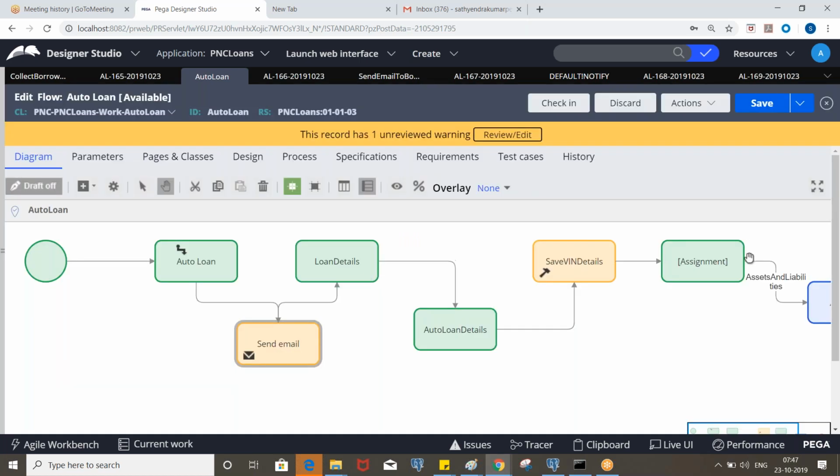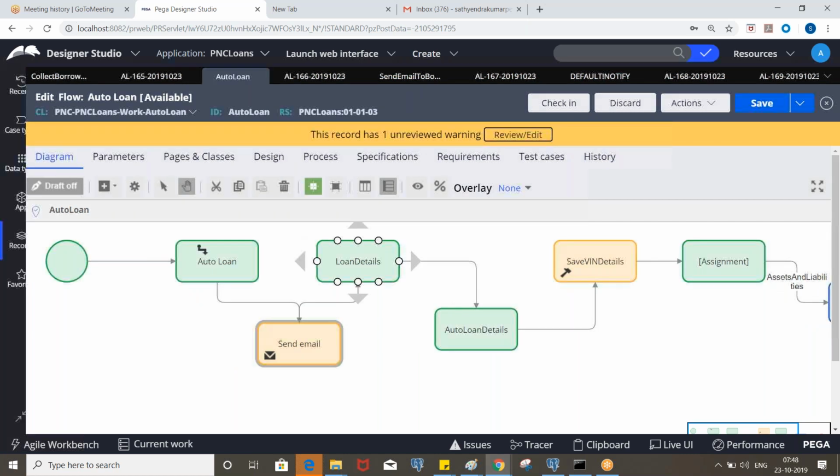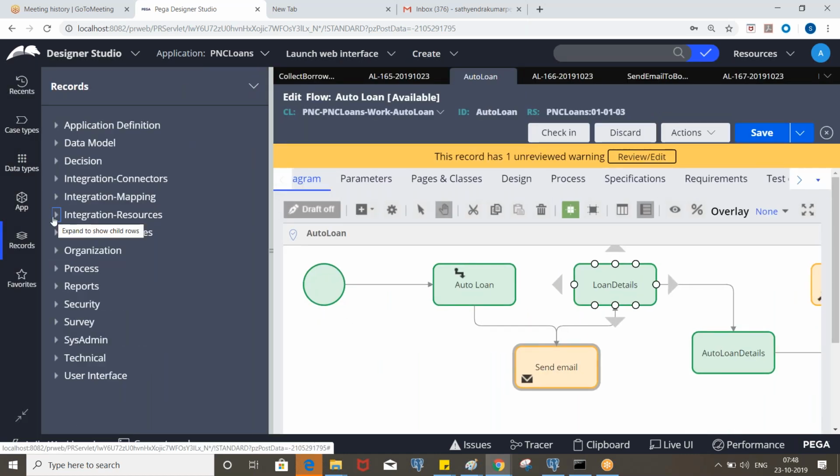The next one: we are creating the email account to capture the details, right? In some applications we capture it from DSS. So we have a dynamic system settings data instance rule, okay, where we can define the static values and we can read from that.